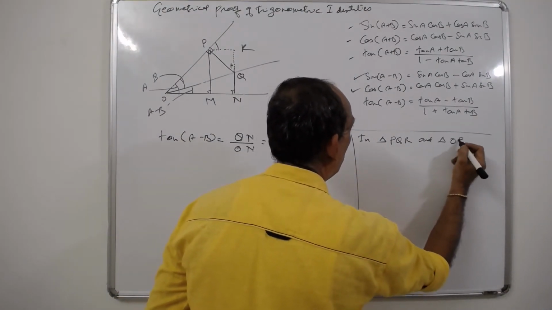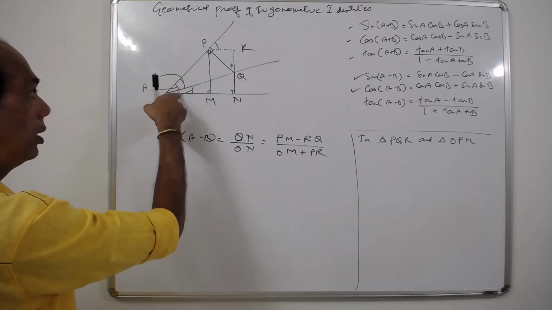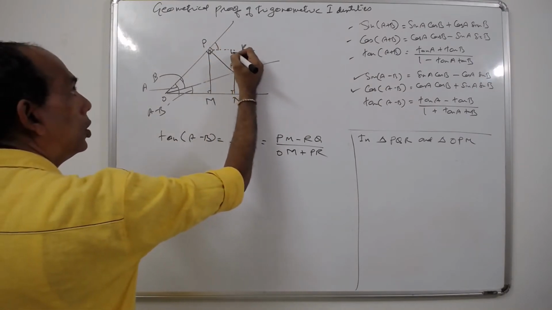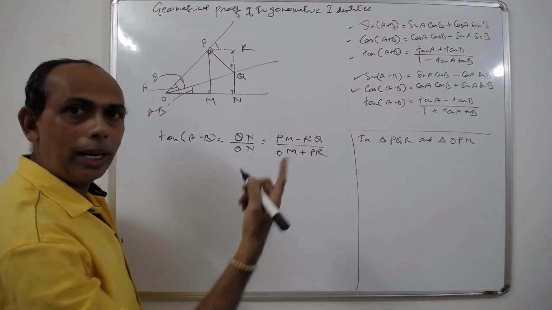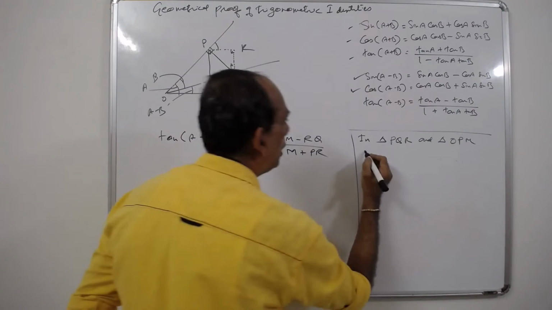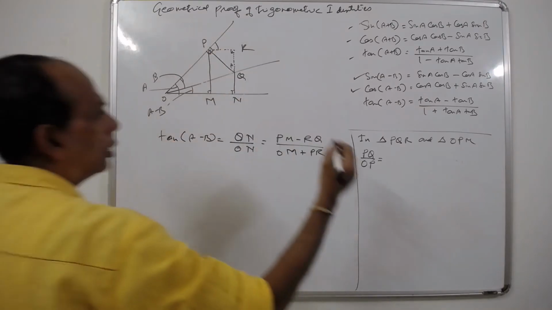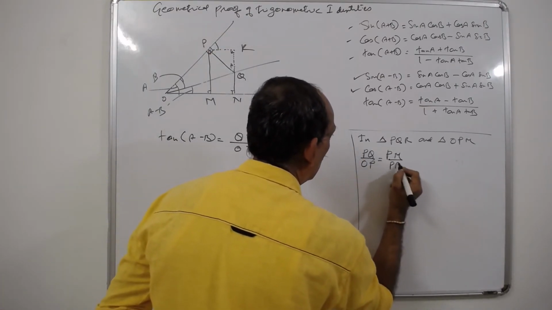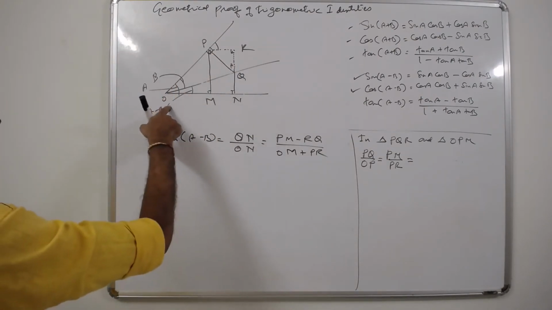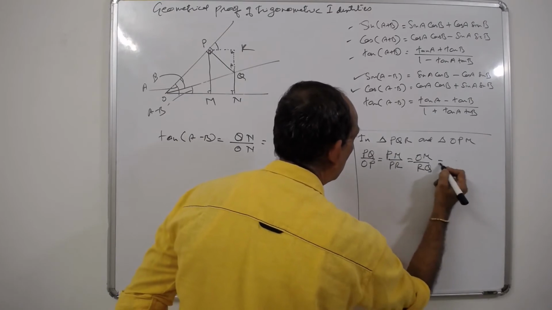These two triangles are similar. Watch. This is angle A, this is angle A, the bigger one. They are similar because this is also 90 degrees, this is also 90 degrees here. So the two triangles are similar. If they are similar, again, basic proportionality, they behave. So PQ upon OP will be equal to PM upon PR, which is also equal to OM upon RQ. Is this right?